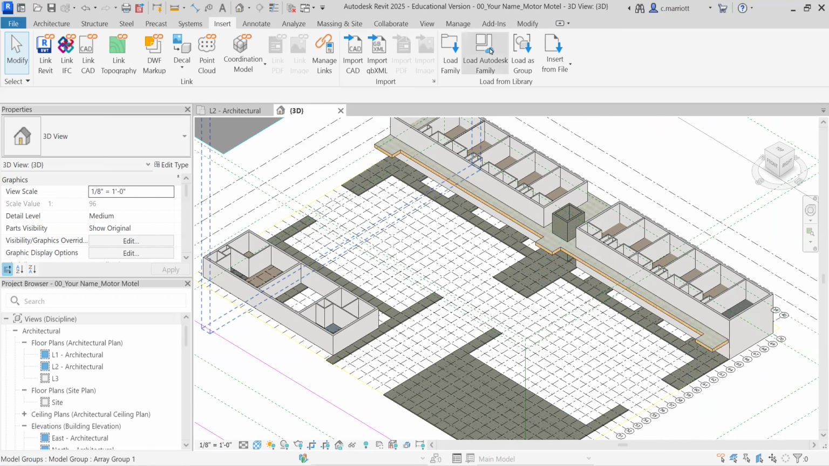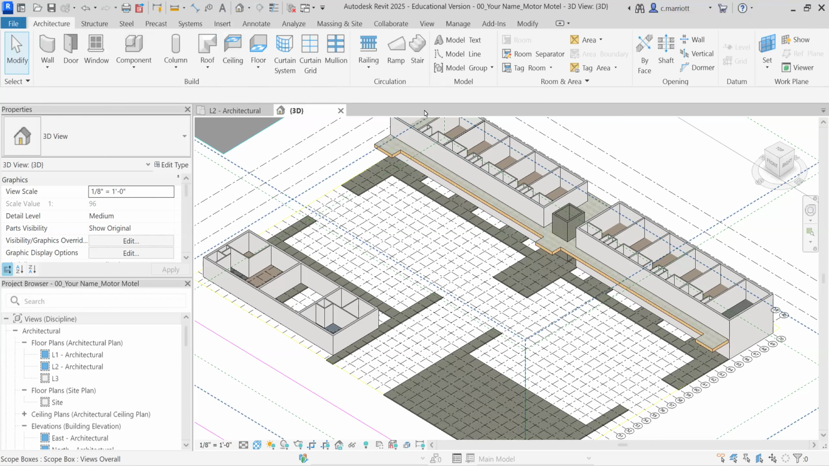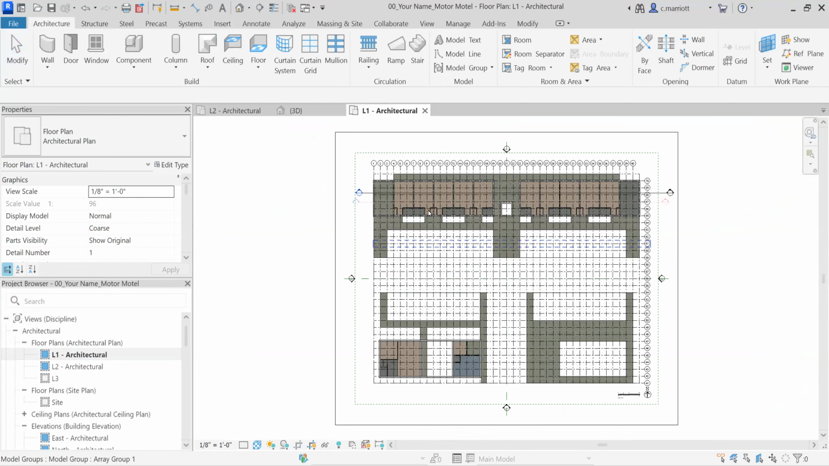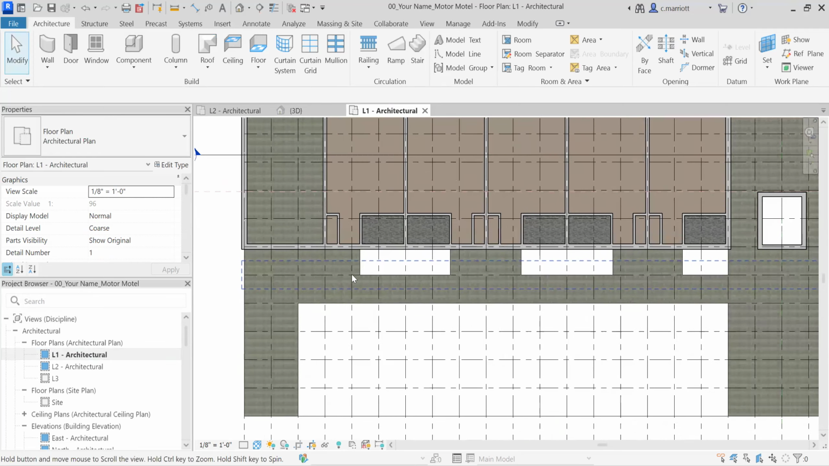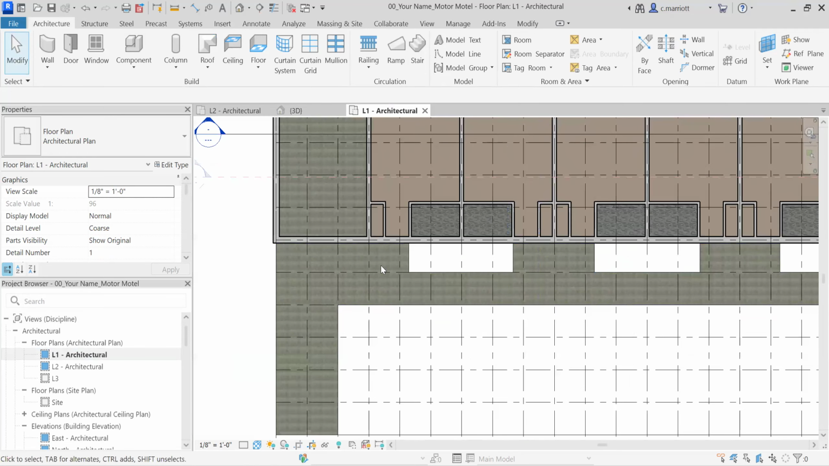So Revit has a number of pre-made components, and let's change our view to level 1. Okay, I'm going to put my columns basically at each of these walls that separate the various motel units. If you go to Insert